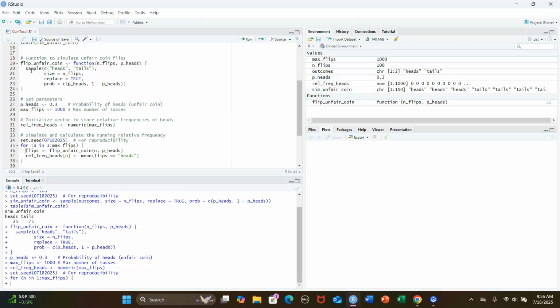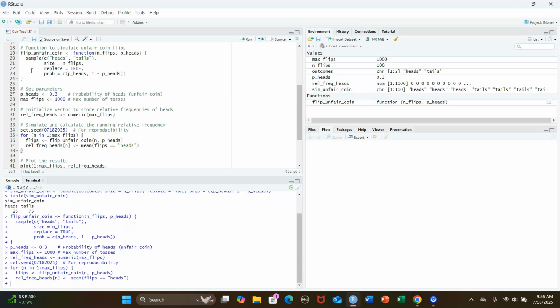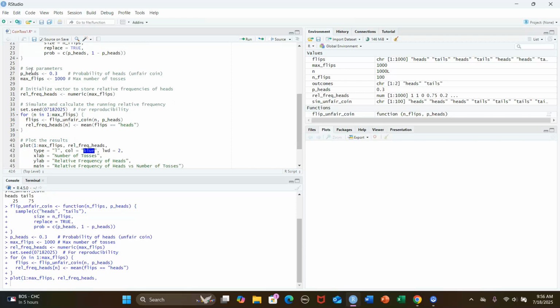So what you do is you flip the coin, and then you put the relative frequency into the numerical vector until you fill up all the components of the numerical vector. Then you get the vector of relative frequencies,